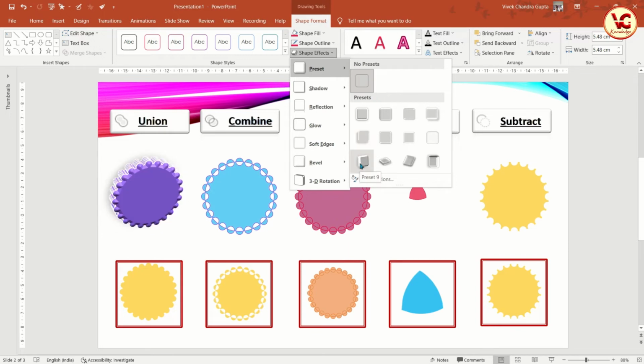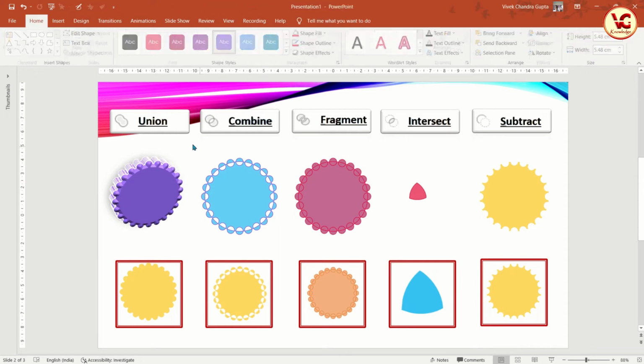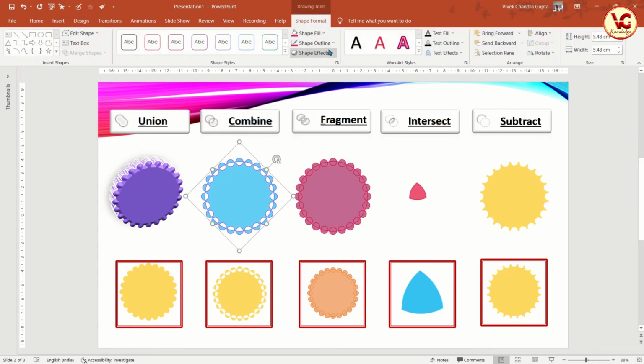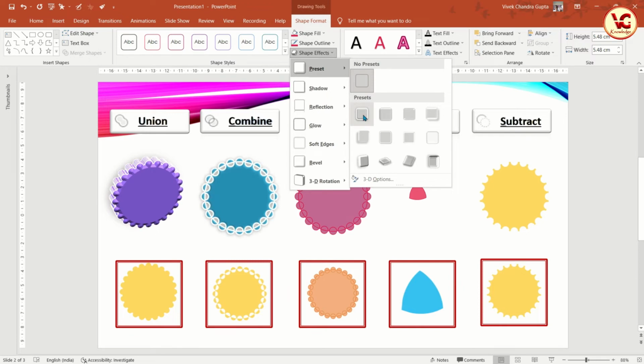If I click here, so preset 9, you can see this. If I select this, go to shape format, shape effect, and you can see here, right? So this one is transparent.